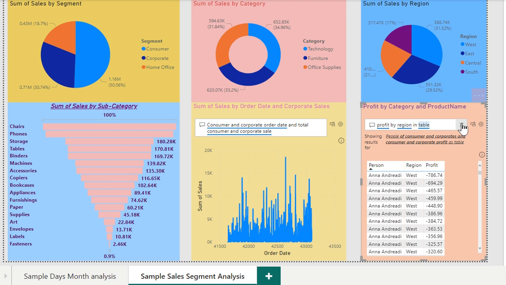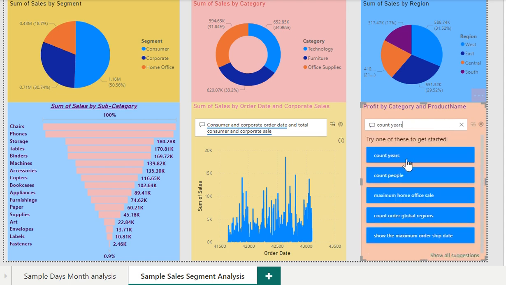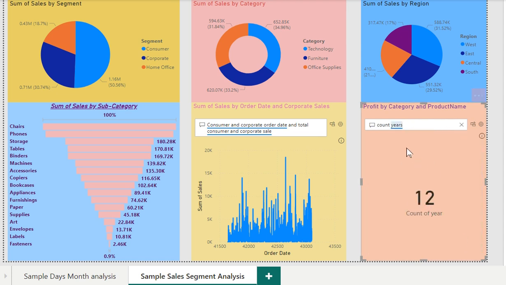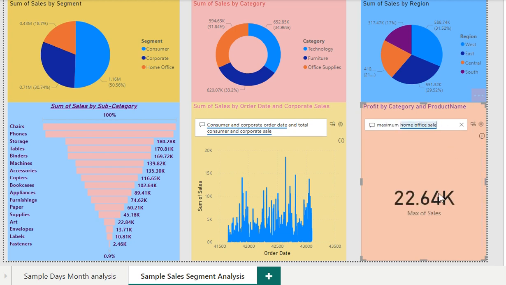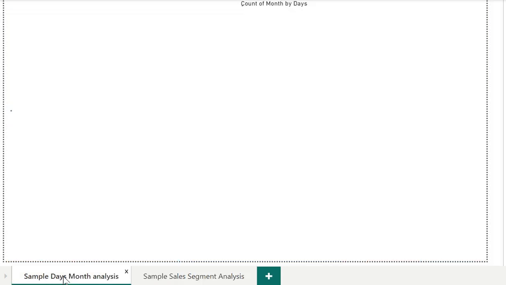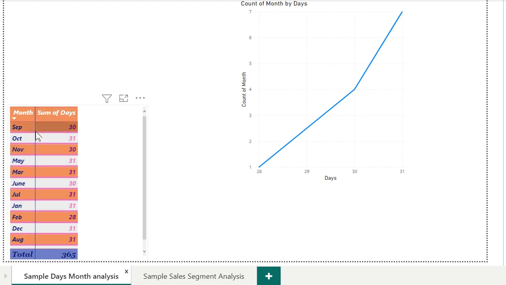So this is how we calculate, or otherwise you can simply count the total number of years, as in the years table we have 12, or you can see the maximum sales in the home office category is 22.6%. So this is the basic overview of this chart. Now coming to this, sample days and month, we have calculated the